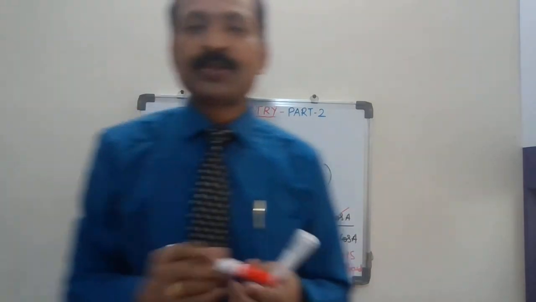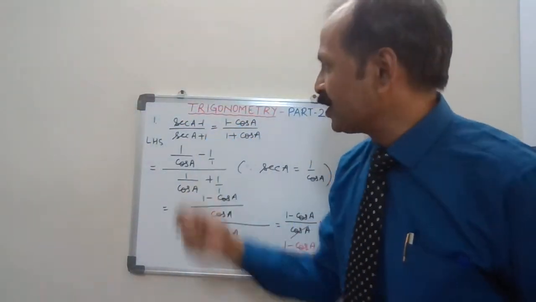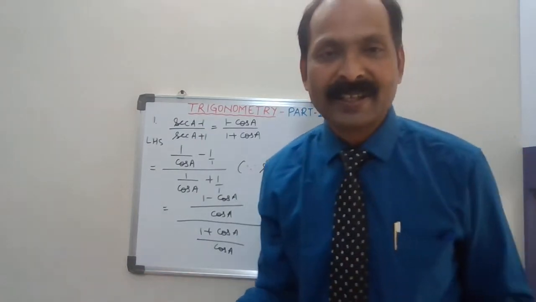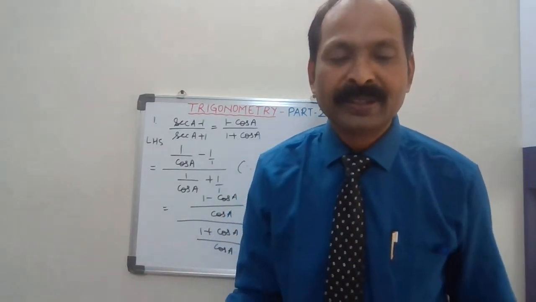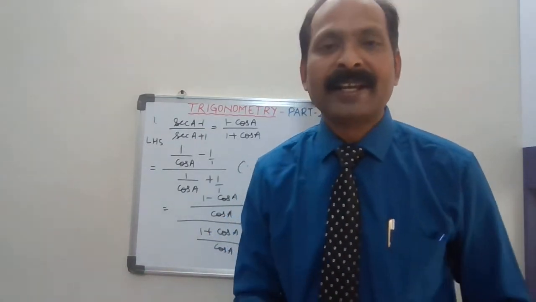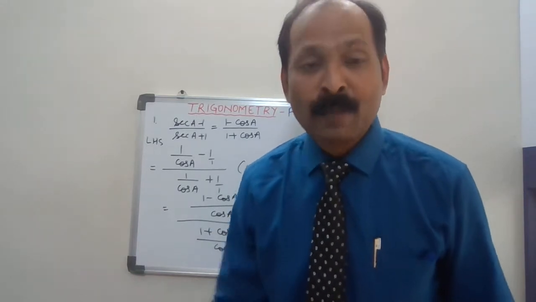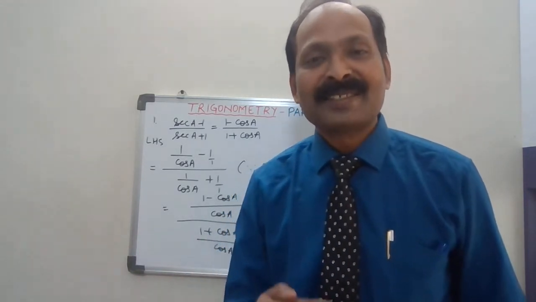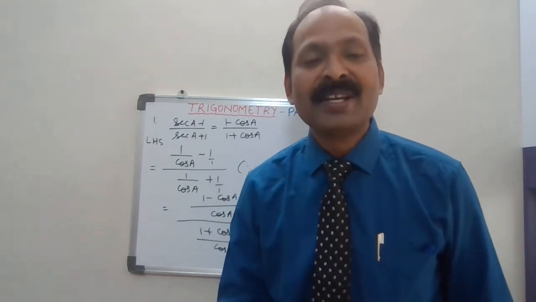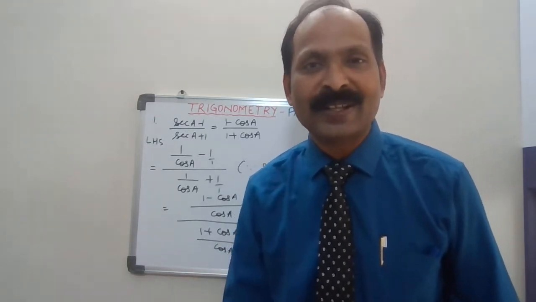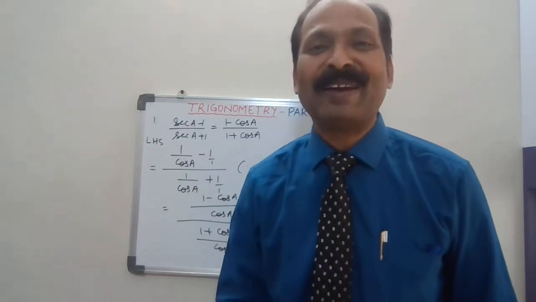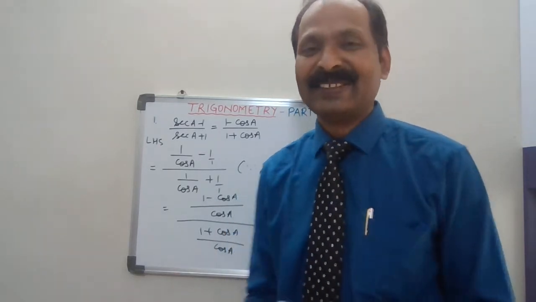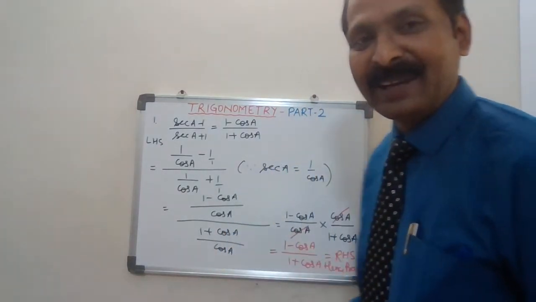Easy. So what we did, we just changed sec into cos. As I told you, every ratio other than sine and cos can be converted into sine and cos. Moreover, sine and cos also have a relation between them, but that is a square relation. So sine square theta is 1 minus cos square theta, and cos square theta is 1 minus sine square theta. So here, let me go for the next.